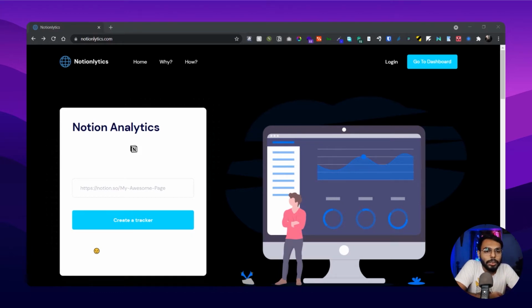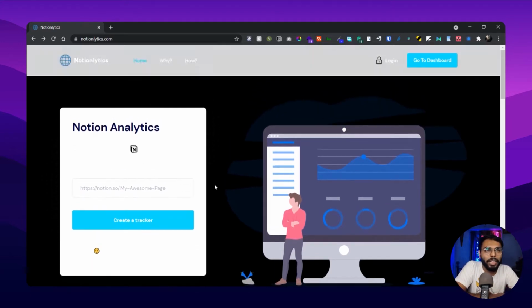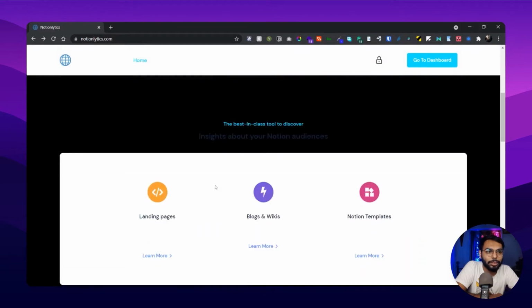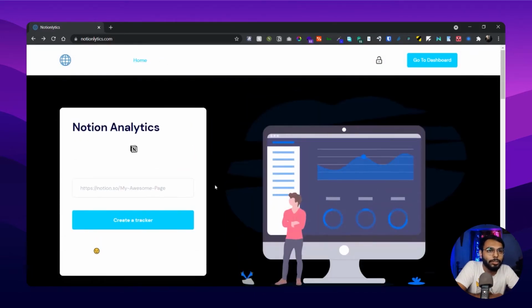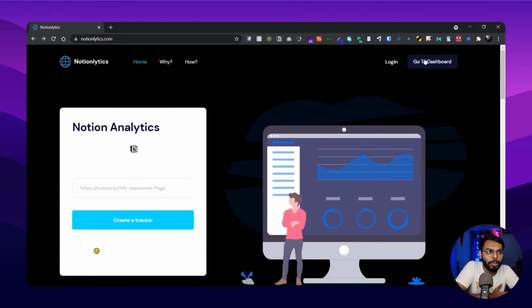In order to get into the service, you have to create an account, and it's a paid service, but they give plenty of options in the free resources also, so nothing to worry about. So you just have to log in or create an account. Now I have an account, so I'm just gonna proceed.